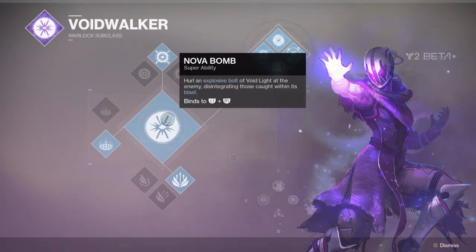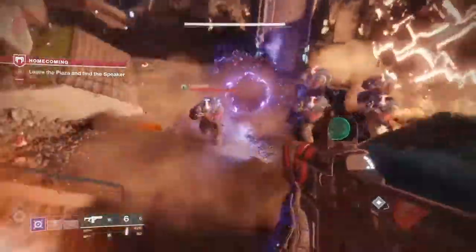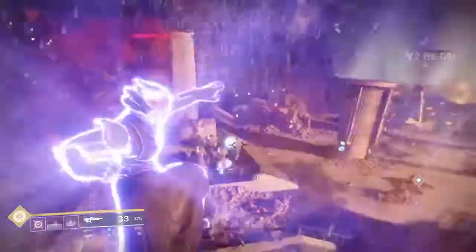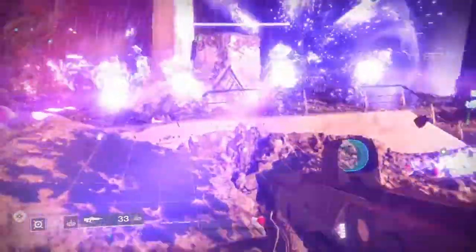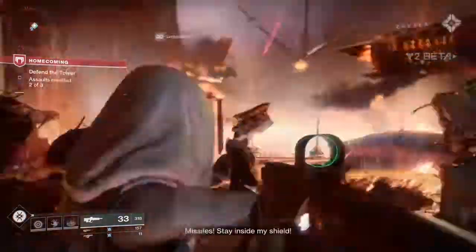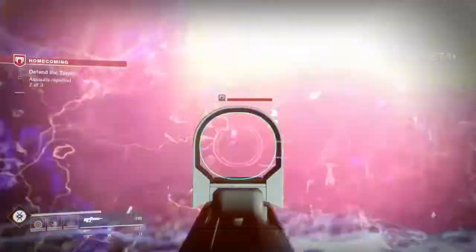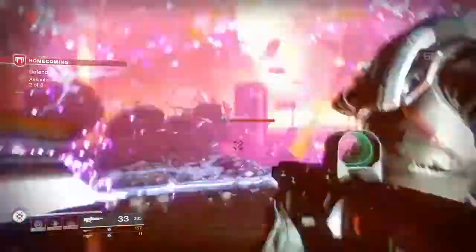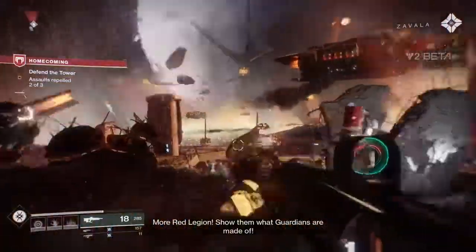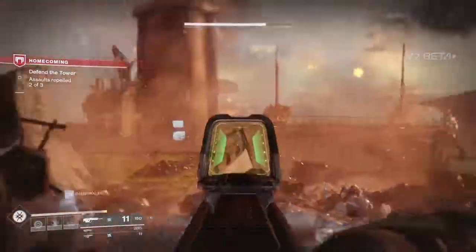Then the Nova Bomb: hurl an explosive bolt of void light at the enemy, disintegrating those caught within its blast. So this is a return from Destiny 1, which is really nice. This ult is really powerful, and you can see, especially with that perk that allows anything that dies from void kills to explode, this just does tons of damage in groups. But I actually really enjoy the Warlock class in Destiny 2. I probably will play mainly as the Warlock and the Titan, but I'll have all 3 characters,